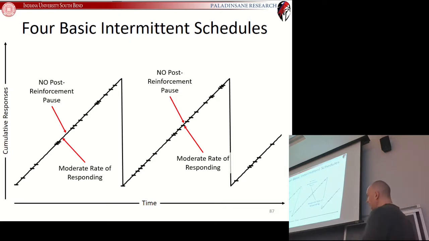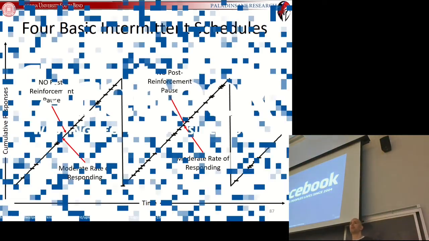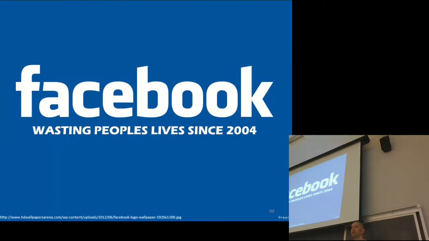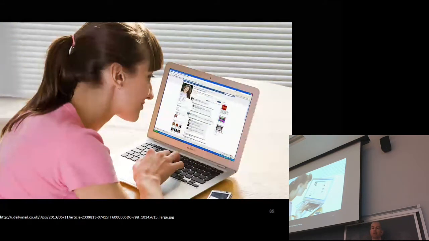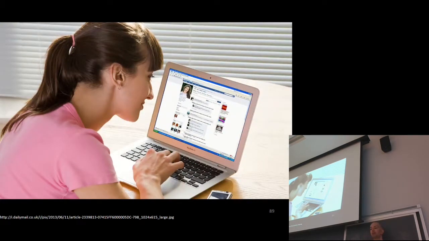And we saw this schedule very prominently in the early days of social media when Facebook was only available on PCs, and more importantly, when you didn't have that push notification that we now have on our cell phones. So back in the day when you actually had to log in on your computer on the Facebook website, and it would not give you updates on when people commented on your post, when people liked your post, when somebody else posted something, you know, when a friend of yours put up a picture. They wouldn't actually, back in the days when they wouldn't give you those notifications, basically you were on a variable interval